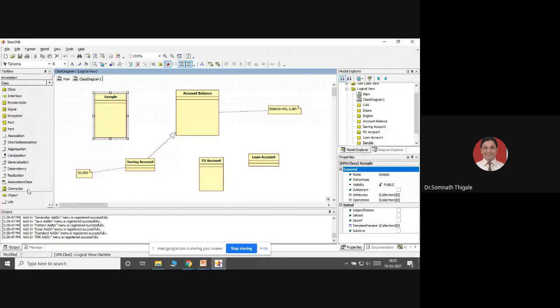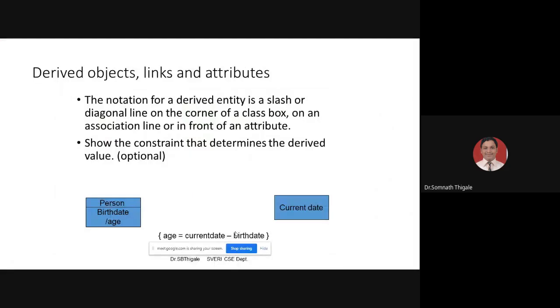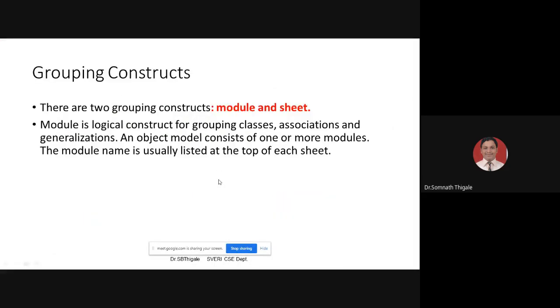Then I'm adding connectors, where you can represent the different notations, whatever points we have discussed so far. In the second part, we are discussing grouping constructs.